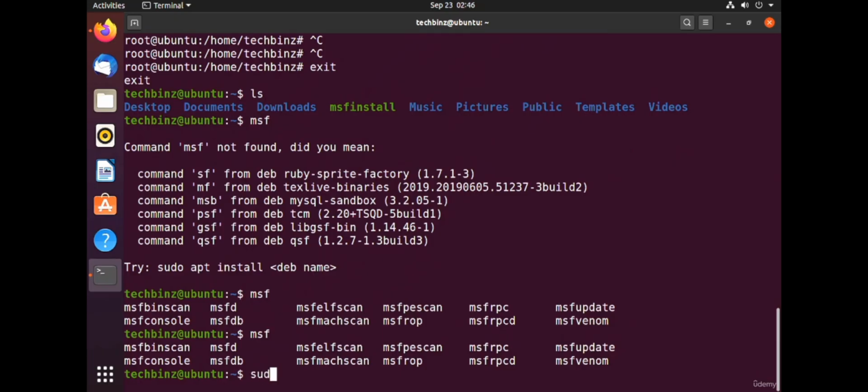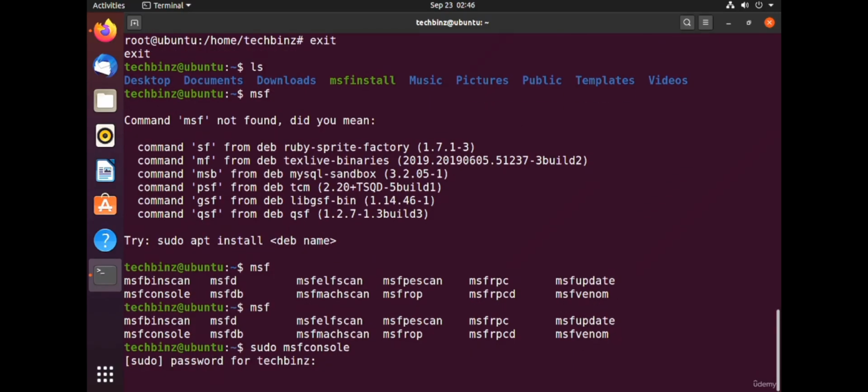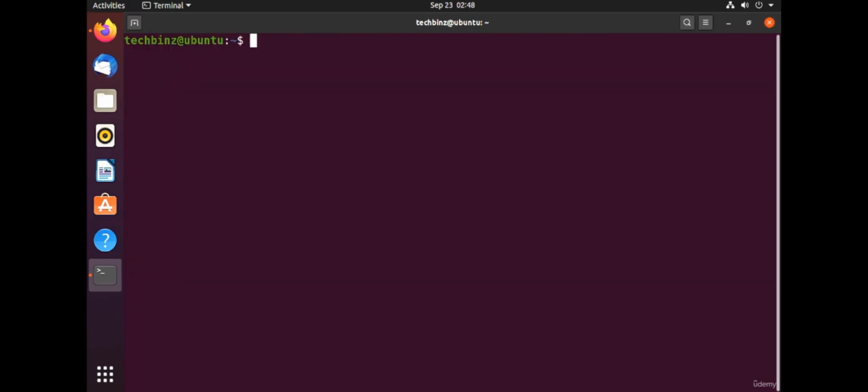Actually, we have to run the Metasploit framework using the sudo command msfconsole and enter your user password, not the root, because this is not a root account here. As you can see, our Metasploit framework is installed and ready to run. In the previous lecture, we successfully downloaded and installed Metasploit framework. So with that, next we need to